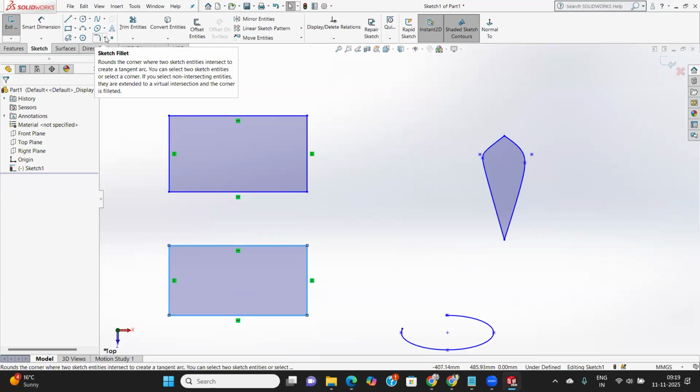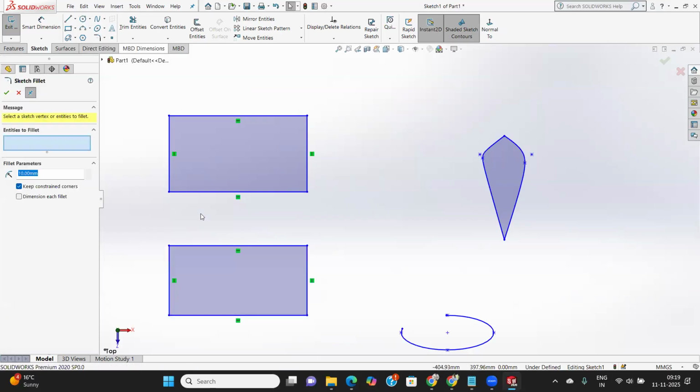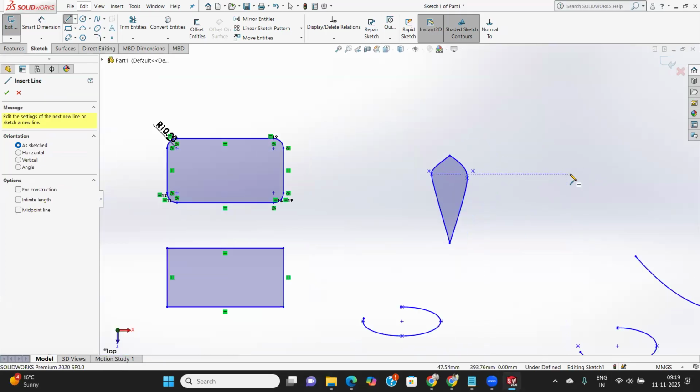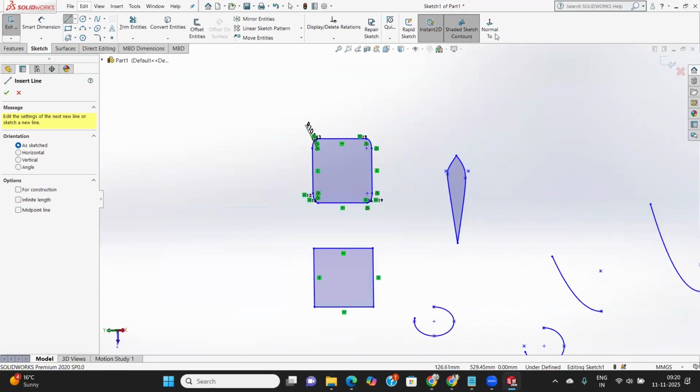Suppose I use just a fillet here. I just click on sketch fillet right here. And then what you need to select is just the corner points. Select the corner points here and you can get the surface right here. And also you can change the radius of the corner points. You can write here 20, 10, whatever it is. In each and every case, where you want to click on the corner points, this will be made. If you make something by use of the line also,